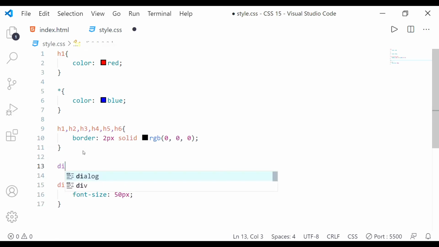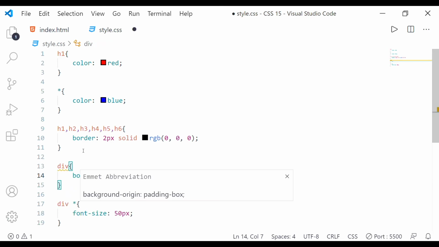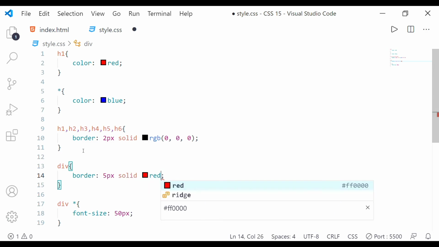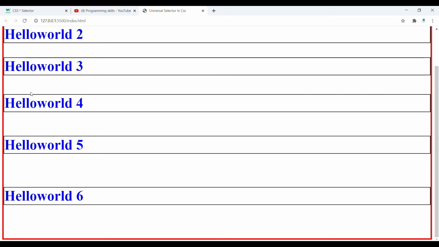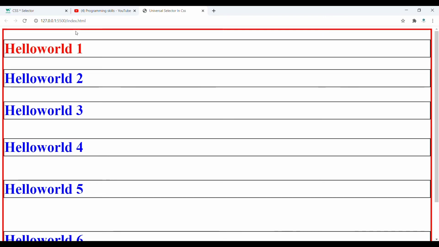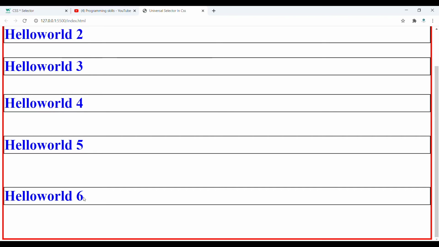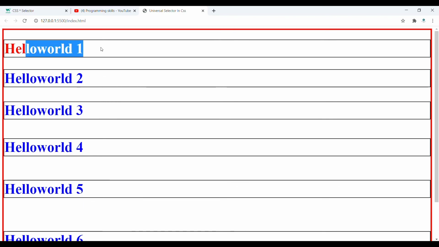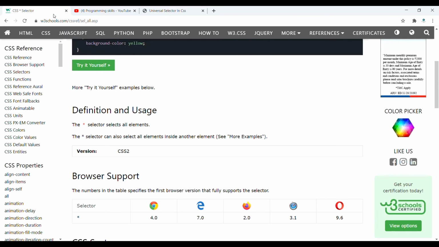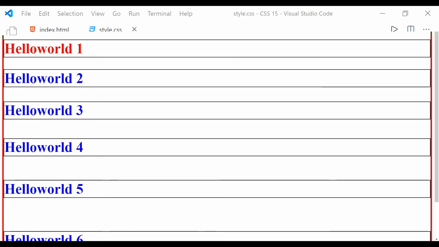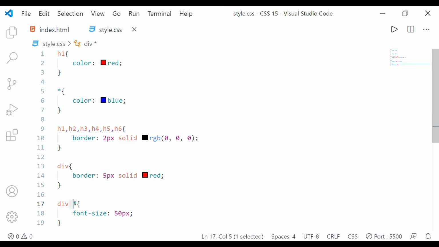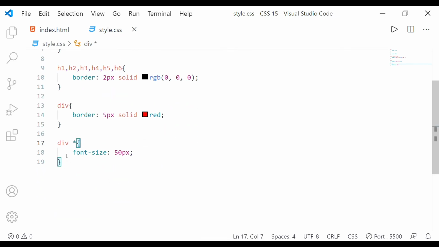If you have any doubt whether it is the div or not, I am also providing a border of 5 pixels solid red, so you can understand clearly. You can see the red border is the border of the div, and inside it are h1 to h6. I have changed their colors, and inside the div each and every element, this star, will have a font size of 50 pixels.